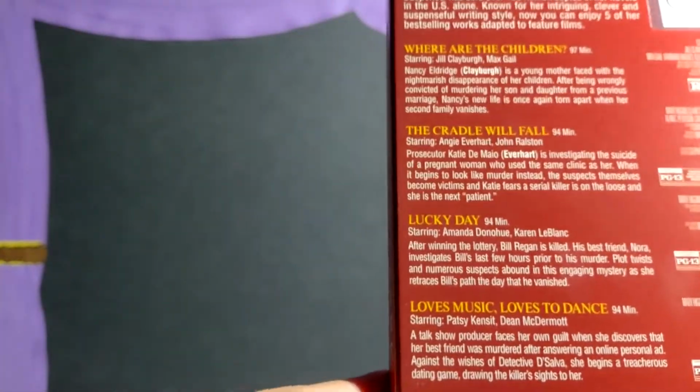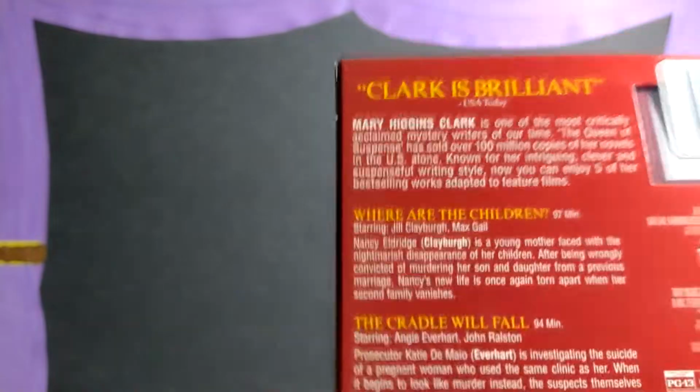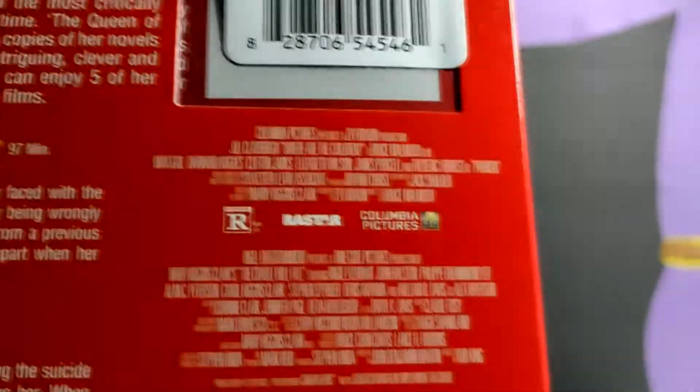Based on what it looks like, 2 of these are actually really big budgeted. As you can kind of see over here, it's got Columbia Pictures, but then the rest are these really, I'm assuming, TV movie producers and studios, but still can't beat that. It does come from Mill Creek, but